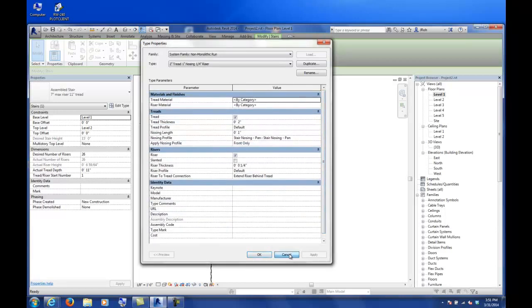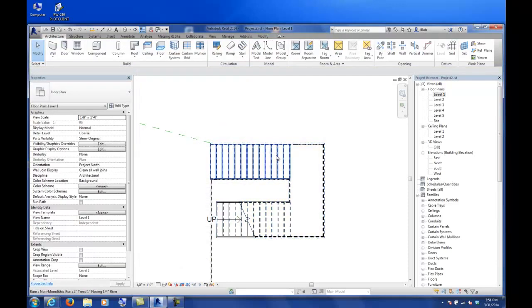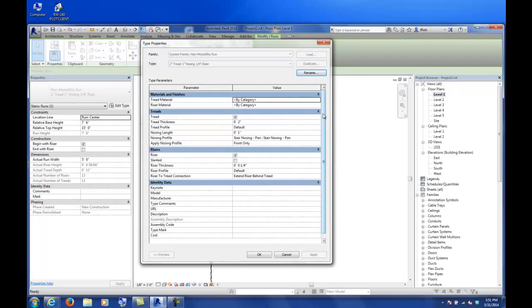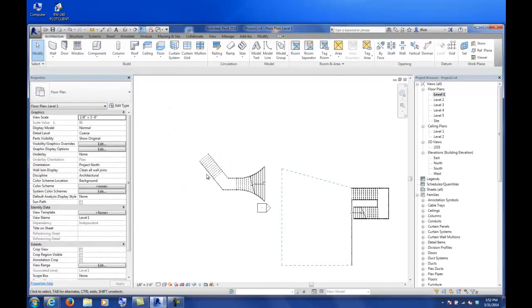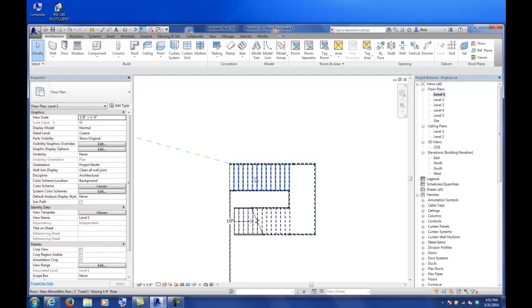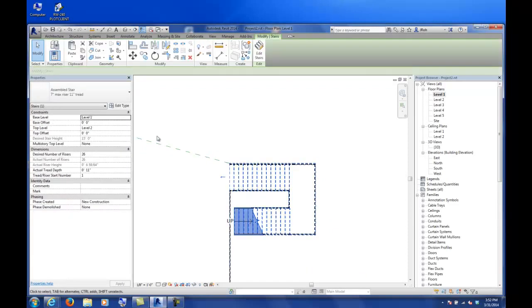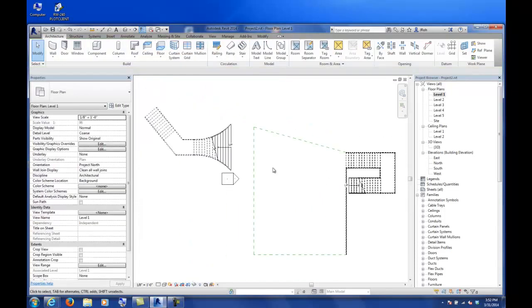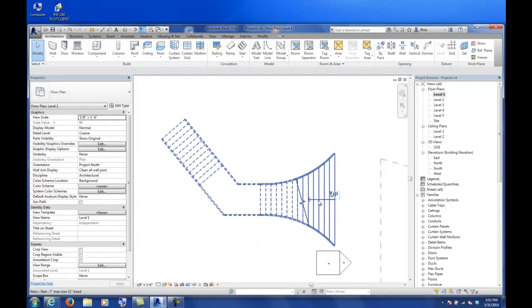Let's see. Actually, if you tab over, I thought there was. So this one I can show my arrows in all the views. Over here, because it was a component stair, that option is kind of hidden right now. I'm not sure where it is. I wouldn't worry about the arrows too much right now, but essentially with the sketch stair, if you look at it